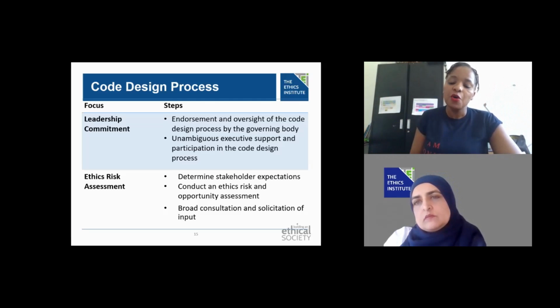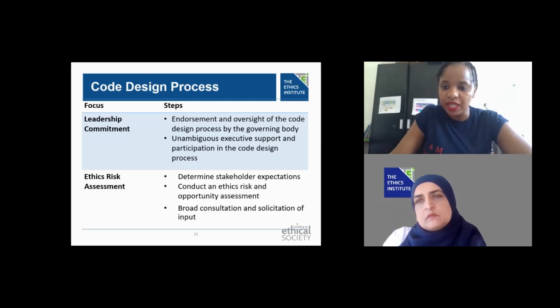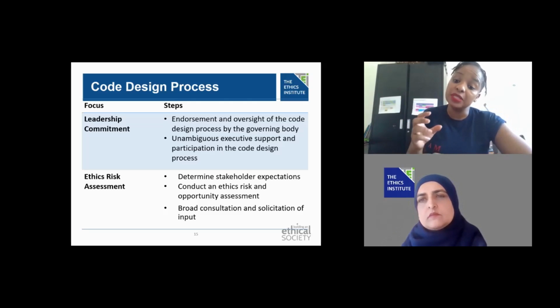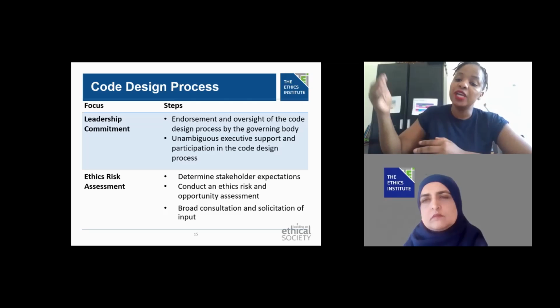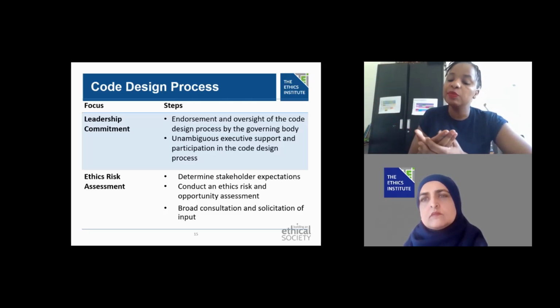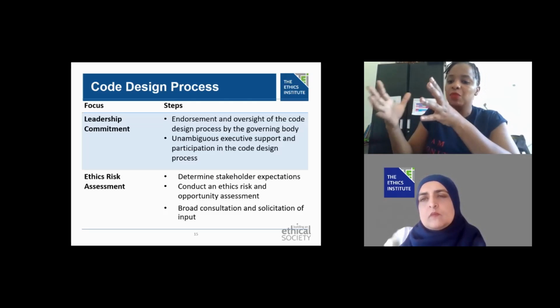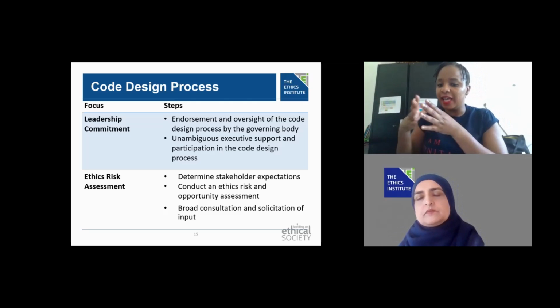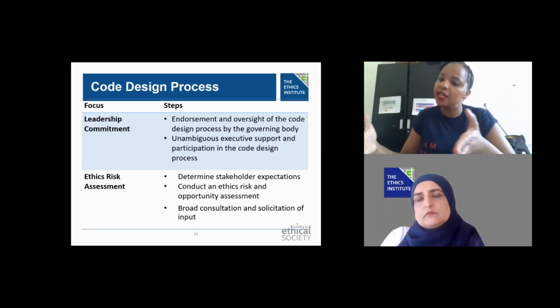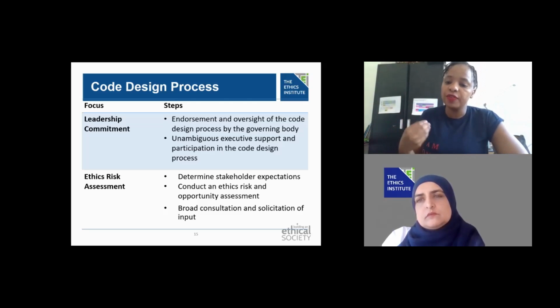You need their approval. One of the things that Fatima said in terms of launching and making it an event is very important, because people also remember moments. It's not only because you can refer back to that; people remember moments and they associate important things with the moment. So if you want your code of ethics to be regarded as something very important in your company, have an event.